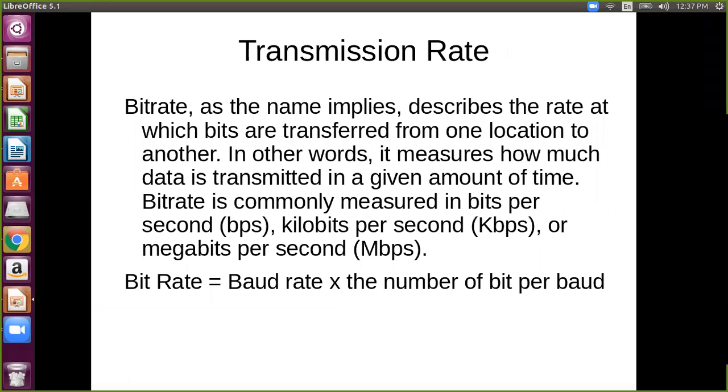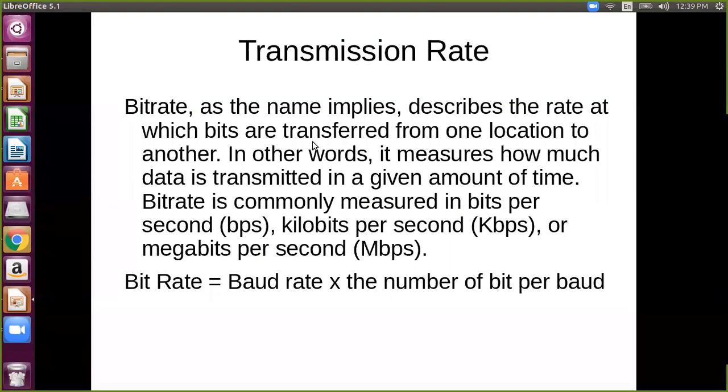Again, the terms we use for transmission are bit rate and baud rate. Suppose we are measuring the number of bits transmitted in a particular second, that is the bit rate. It may be kilobytes, that means the number of kilobytes transmitted per second. We can easily say this is the rate of passing bits per unit time.